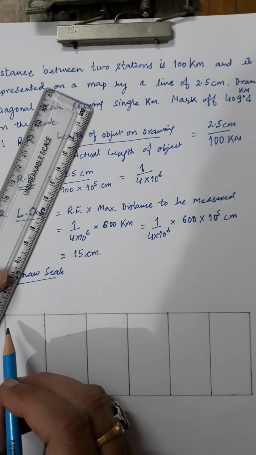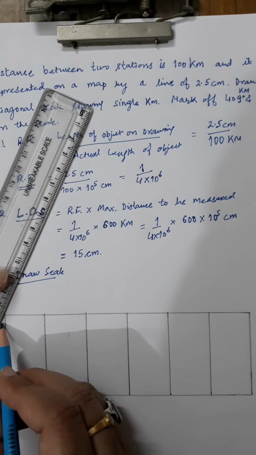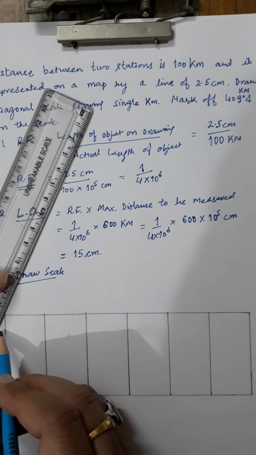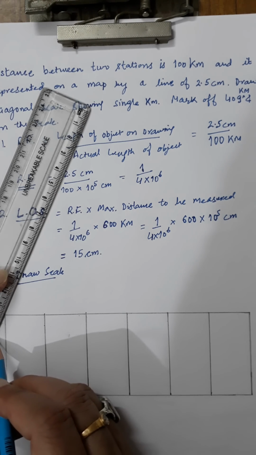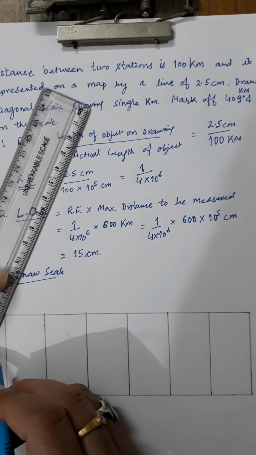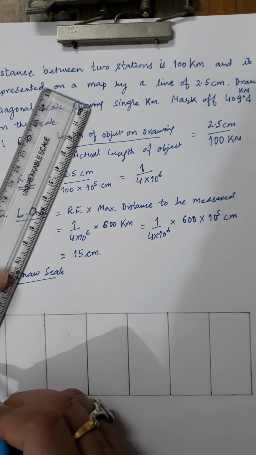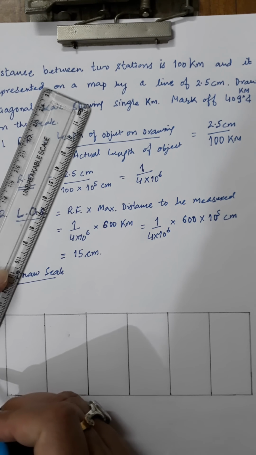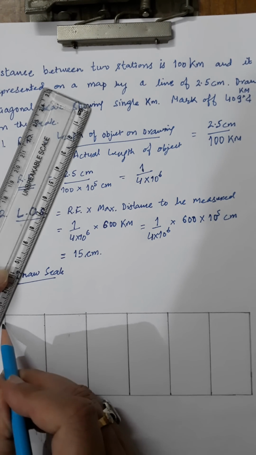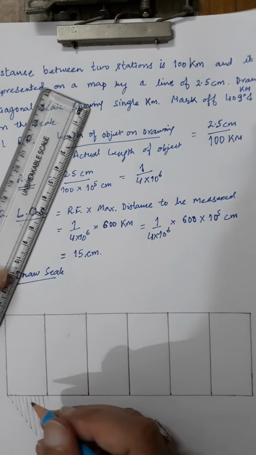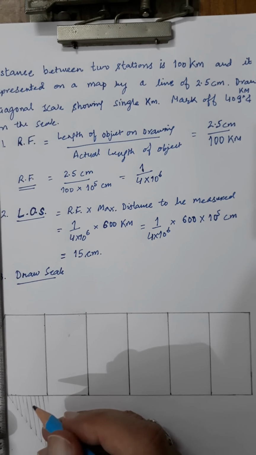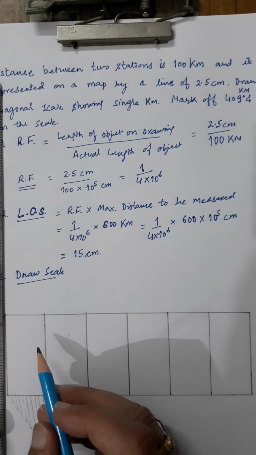Now you can take it as again the same method. You can divide this into 10 equal parts by using a compass or simply a scale. I am taking here 5 mm each. It is 1, 2, 3, 4, 5. Otherwise you don't require this, because it is 50 mm, you can simply take 5 mm.